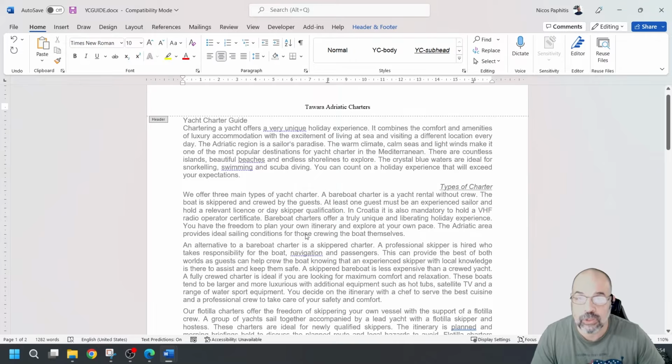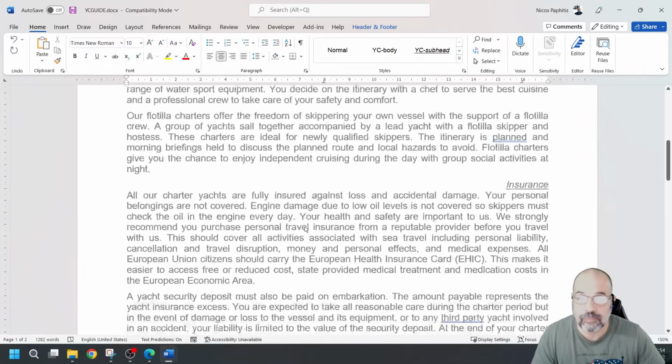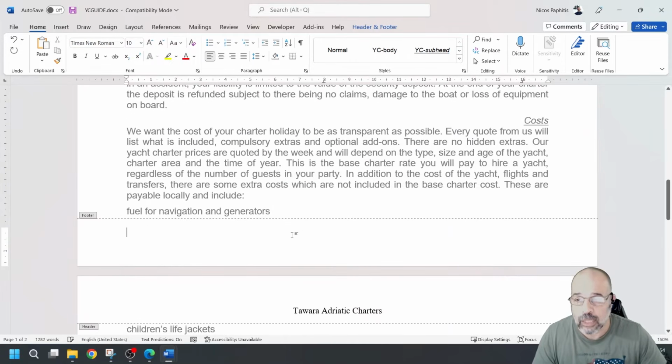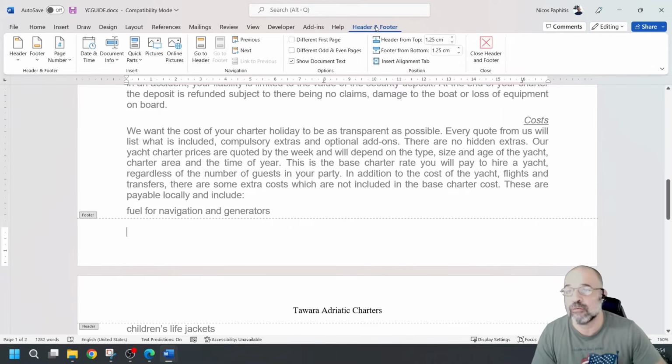Now, then in the footer, it wants, so if I go down to the footer area, now I'm going to show you two ways that you can do this. Now, the first way is this. I can just go and insert, so automatic page number on the left. So if I open this header and footer ribbon, which is enabled when I'm in the header and footer section,